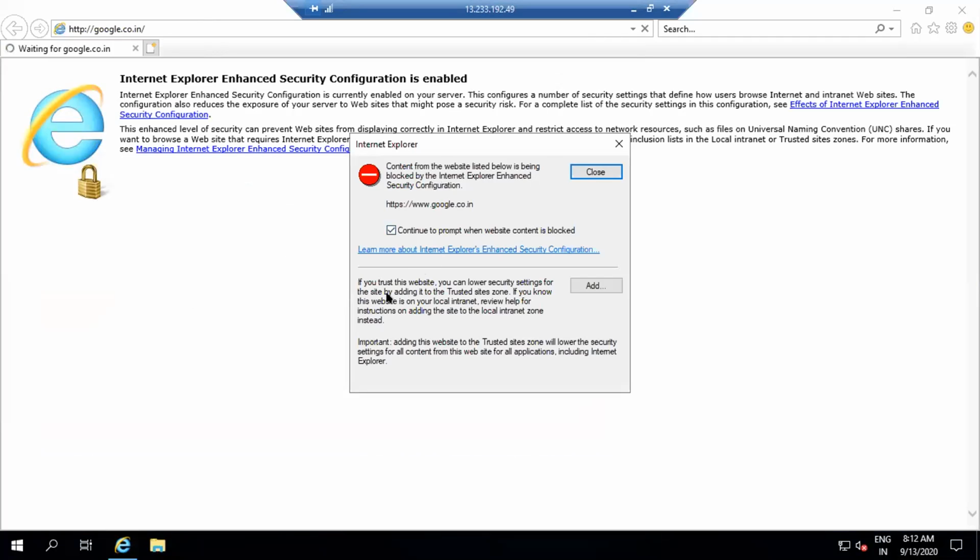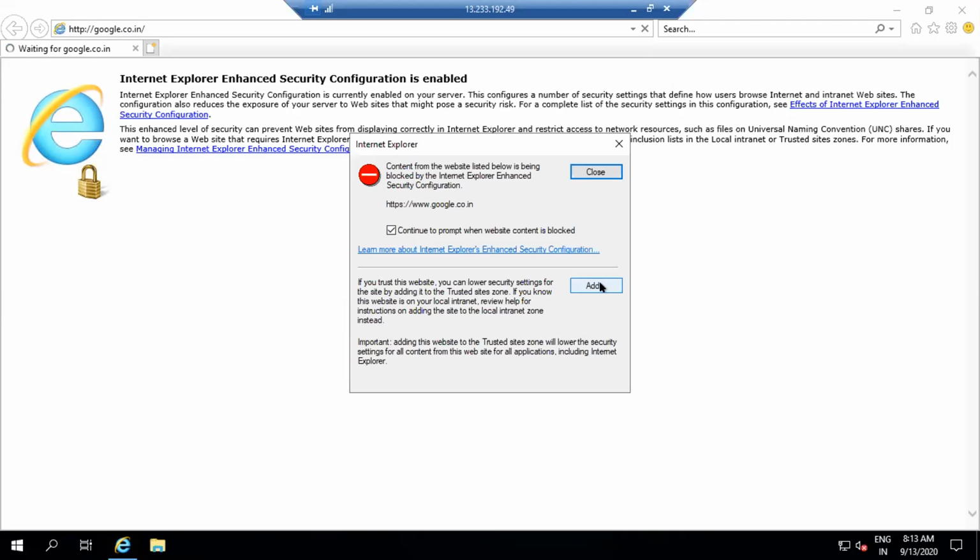What is it asking for? This will not allow you, I think, because the rule to the internet is not open from this machine. Yes, it is the enhanced security configuration, so we have to fix it.